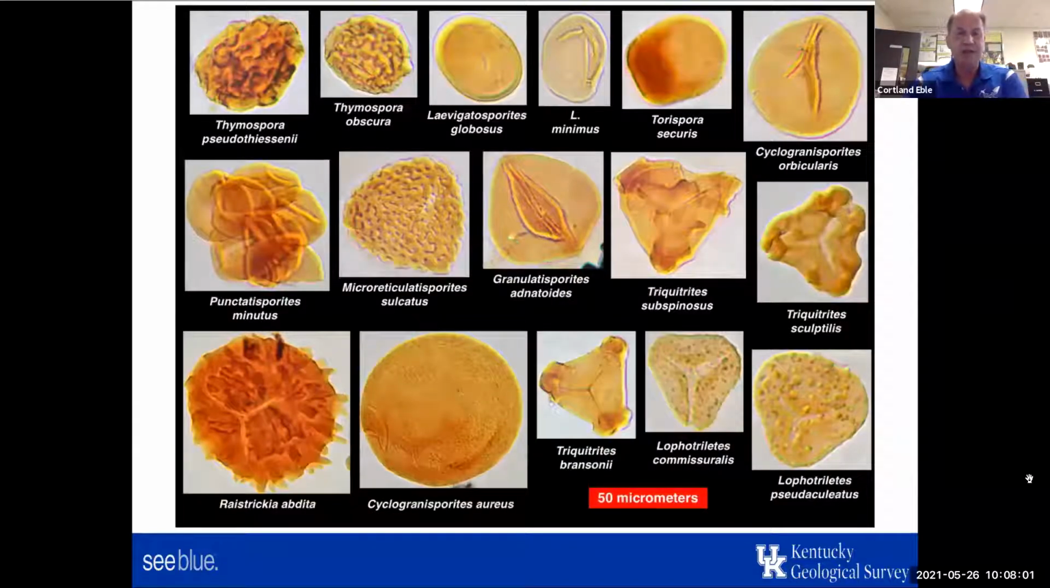And we do have others. On the top row, we have Thymospora, Levigatosporites, Torospora, Cyclogranisporites, and just below that, Punctatosporites minutus. These are all produced by tree fern spores. And one thing that we know about